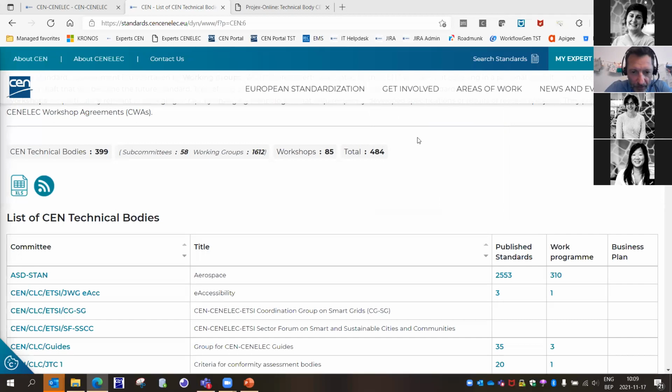Is Projects Online accessible for all those registered in the global directory or only those with a CEN role? Maybe Elisa? Yes, you need to have a specific role in a technical committee to have access to Projects Online.